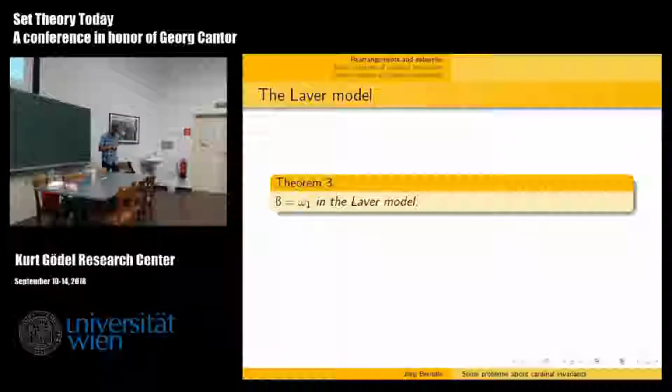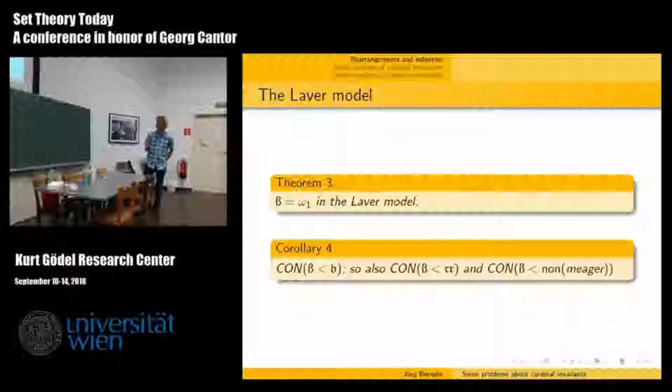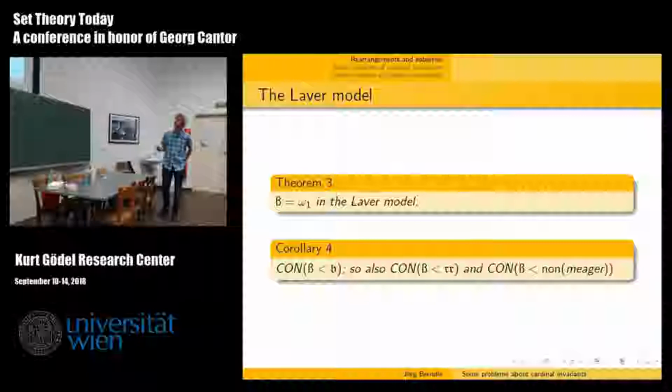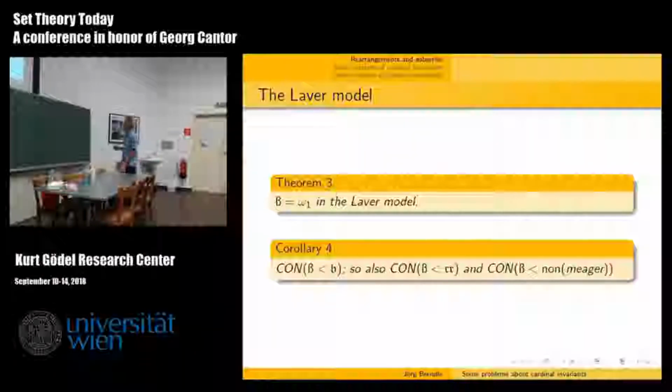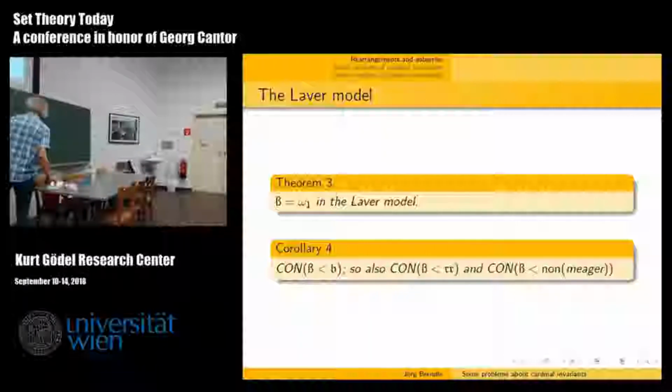The Laver model is one of the canonical models where the continuum hypothesis fails, where the continuum is aleph 2, and it's sort of the canonical model for b, the unbounding number, being aleph 2. So it's a minimal model where the unbounding number is aleph 2. So immediately we get as a consequence that it's consistent that double S is less than b, and so it's also consistent that double S is less than double R, and it's consistent that double S is less than non-meager. So we have a model, let's see. This is the Laver model. I mean, if you look at this diagram, we would split the diagram like this.